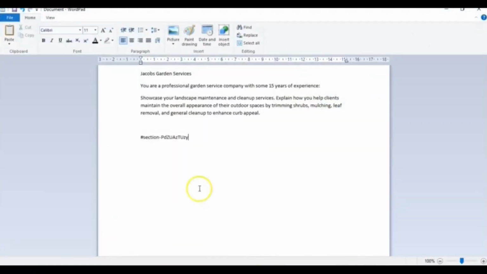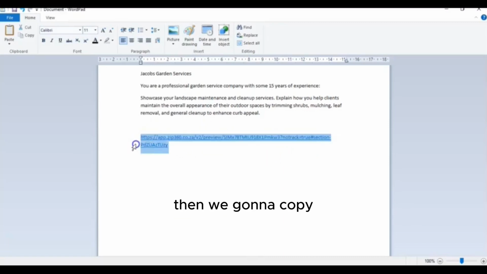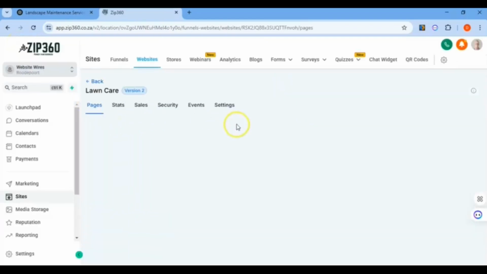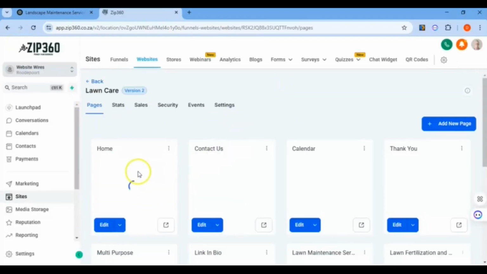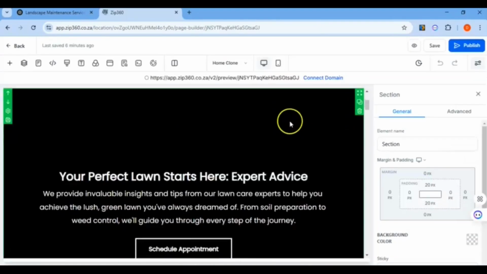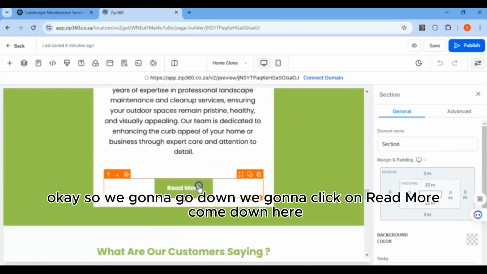So I'm just going to click here, cut, add, and then copy, go back, and go to the home page. Okay, so we're going to go down and click on read more.